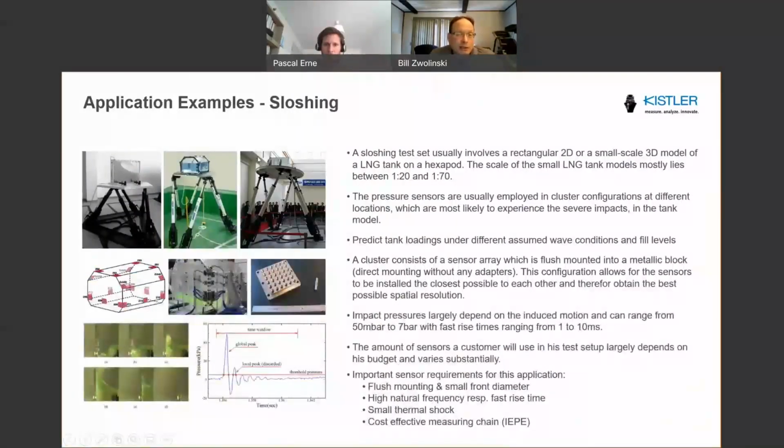Certainly in the industry, they're using these hexapods to simulate the various ship motion. And in this hexapod, on the side of the hexapod plexiglass frame, there would be this high density pressure sensor array that can measure, like I say, spatially resolve these wave impacts very accurately and very thoroughly with just a simple pressure sensor. And picking the right pressure sensor will actually also give very good performance with thermal transient response,